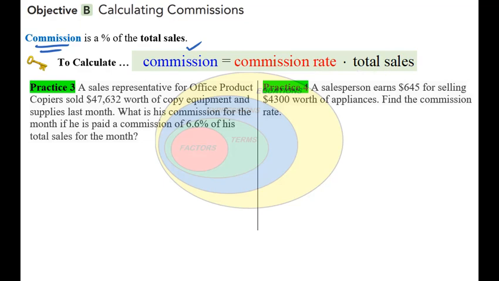So if we're looking at this first problem, a sales representative for an office product copier sold $47,632 worth of company equipment and supplies last month. So this is going to be the total sales. And it says, what is his commission? So I'm looking for the commission for the month if he is paid a commission of 6.6%. So the 6.6%, the commission rate then would be 0.066. So to find the commission,